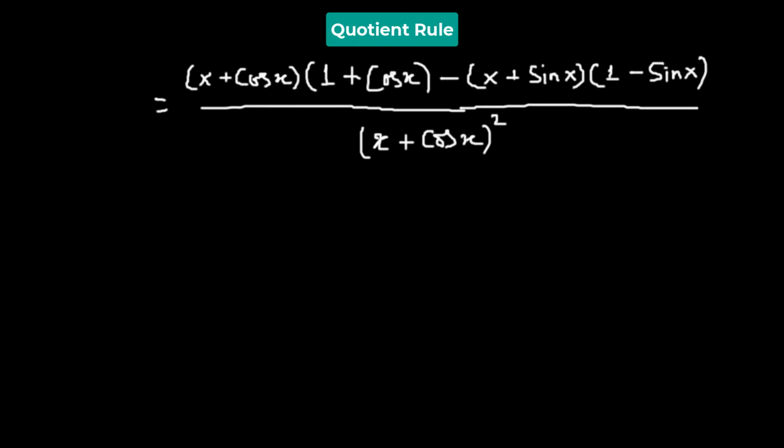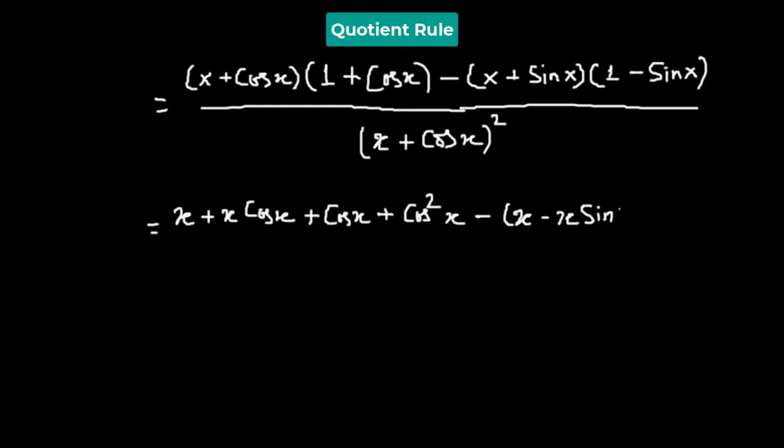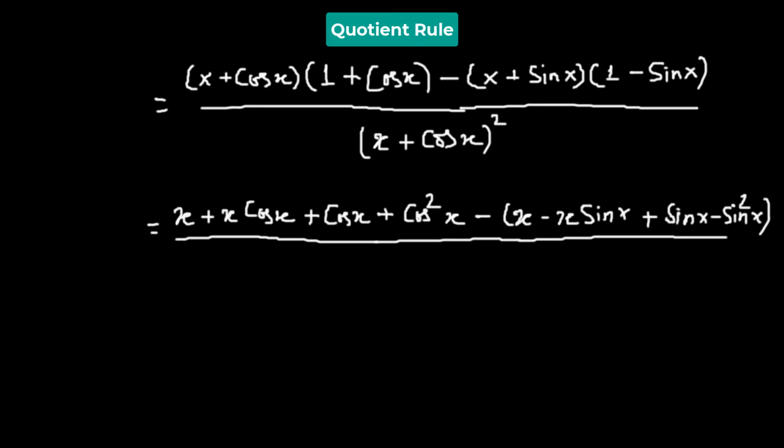So let us simplify the numerator. So we're going to multiply x to 1 plus cosine of x, so that will give us x plus x times cosine of x. Then we multiply cosine of x to 1 and cosine of x. It would give us cosine of x plus cosine squared x minus x times 1 minus sine of x will give us x minus x sine x, and sine x multiplied to 1 minus sine x will give us plus sine x minus sine squared x, whole divided by